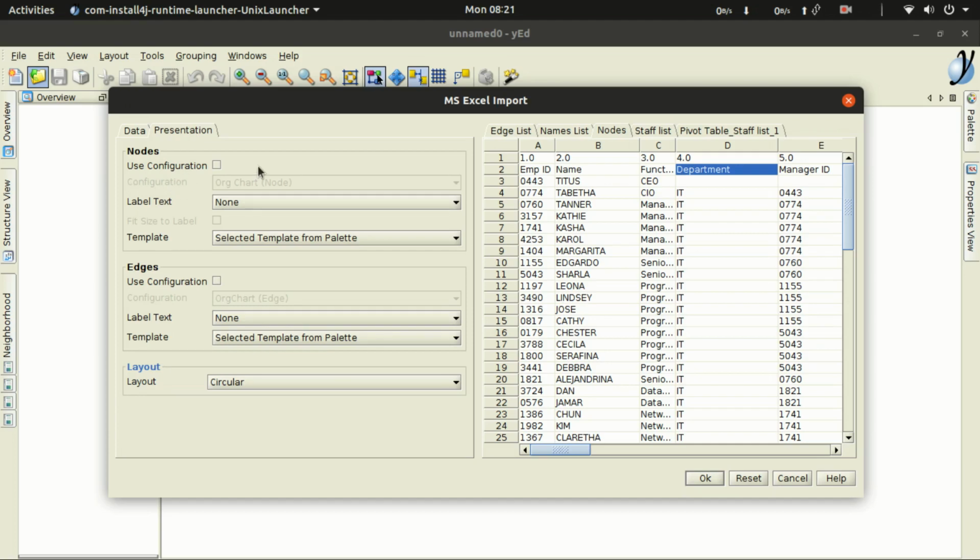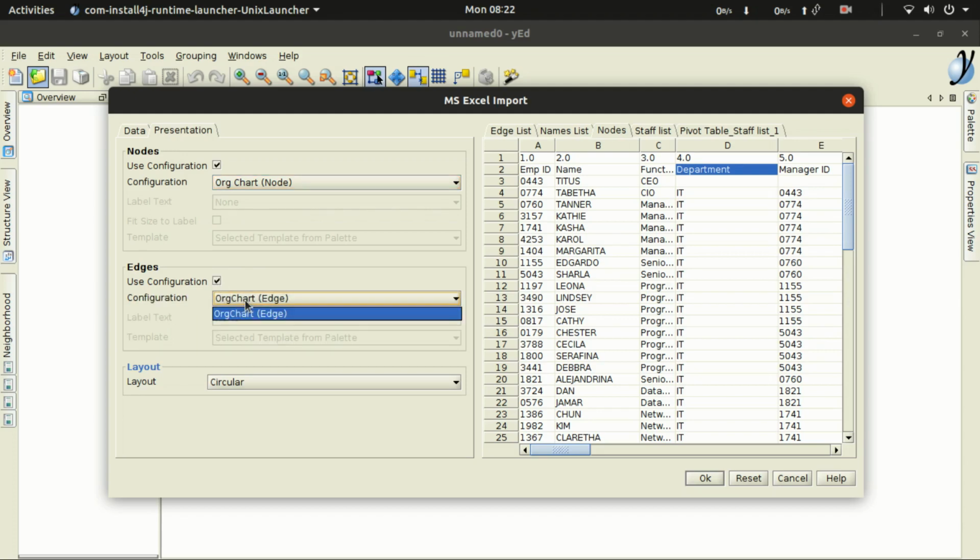Now I will select the presentation tab and define the configurations which I have already defined. I have selected the use configuration, and org chart node is automatically selected because it is the only configuration I have defined about the nodes. Now I am selecting the edges. I already have a configuration for edges, which is now selected,